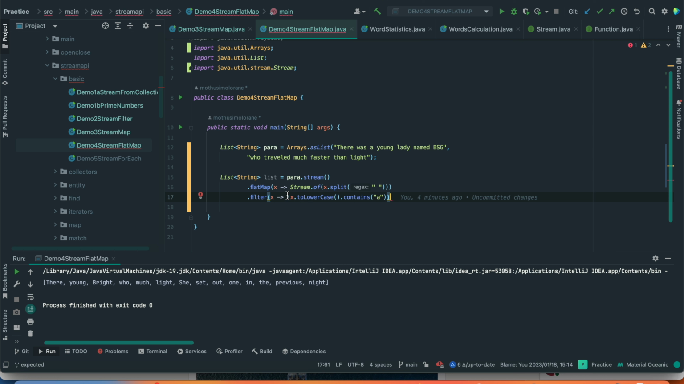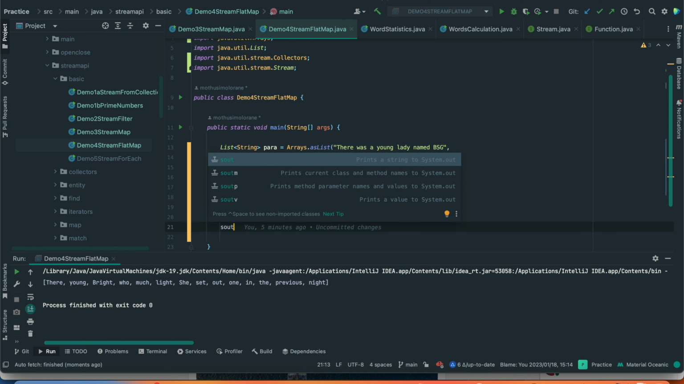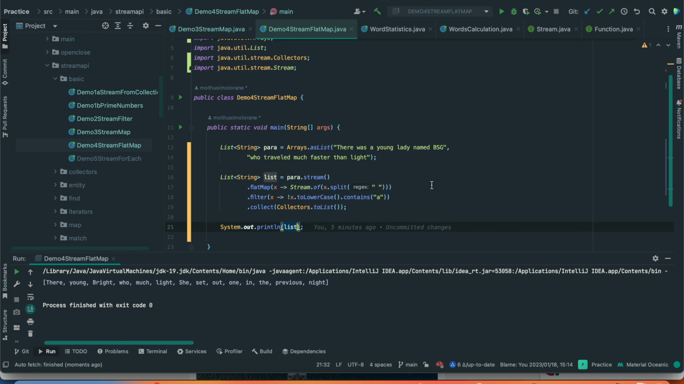If we leave it like this, we are only saying all the words that contain letter A should pass the filter and go to the next processing in the pipeline. But we want all that contain letter A to go out, so we're gonna negate this. Then in here we can call collect on our method. So we can now print our list. So if we run this code,